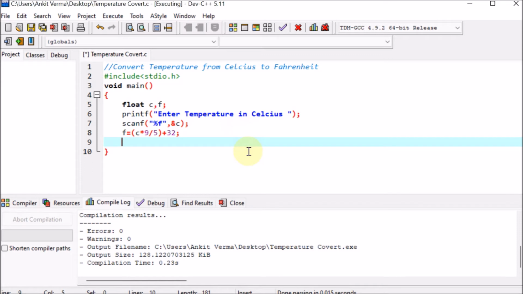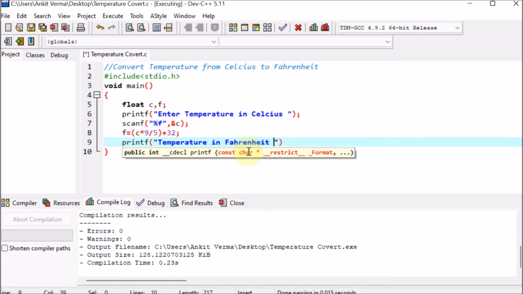Now this is the time to display the temperature. So we will write printf. In the printf function, we are going to provide "temperature in Fahrenheit". And then afterward we want the temperature to be displayed. We know that the converted temperature in Fahrenheit is in F. So here we will provide comma F. But where will this F value come? For that we have to provide percentage f. So I am writing here percentage f. This value will come here and will be shown like "temperature in Fahrenheit is %f". So I'm ending with the semicolon.